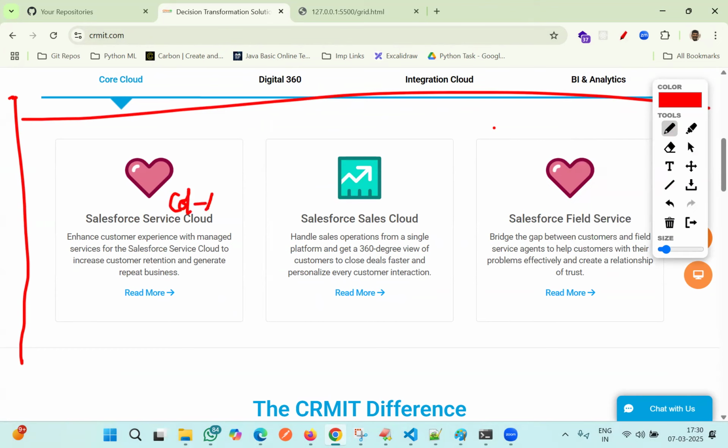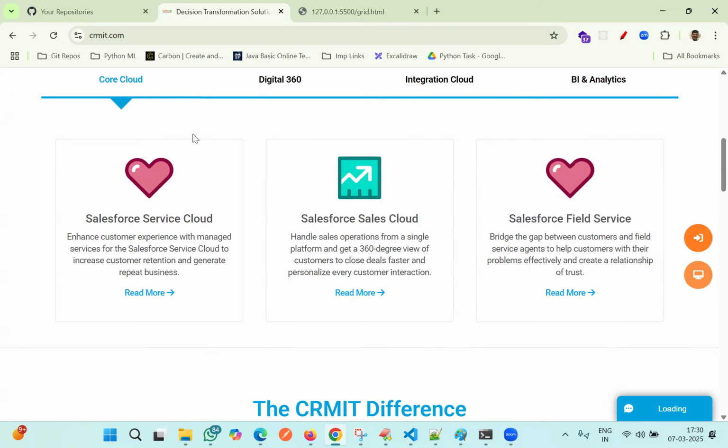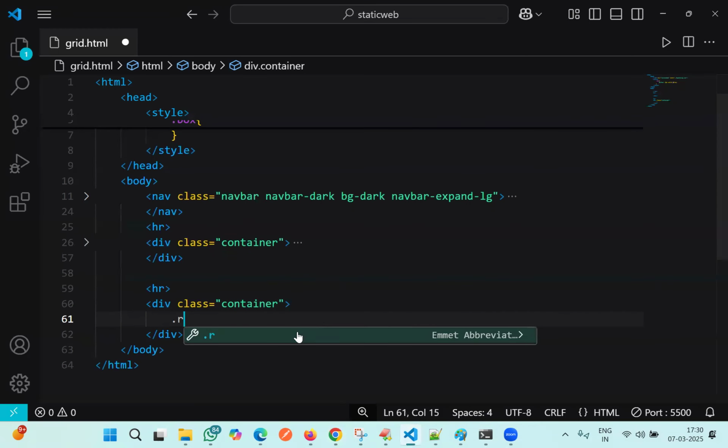Column 4, column 4, column 4. Exactly correct. If you want to design this, you can do it, not an issue. Just roughly I'm doing. I'm not spending much time on exactness, but I'm taking 3 columns. Taking one row,